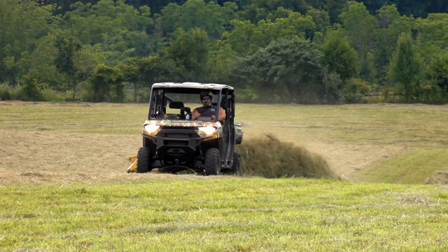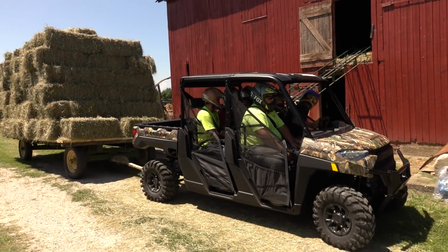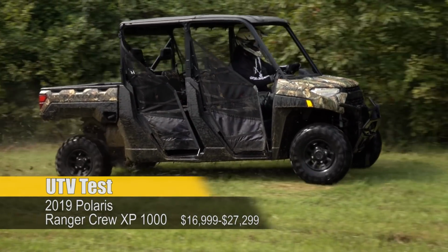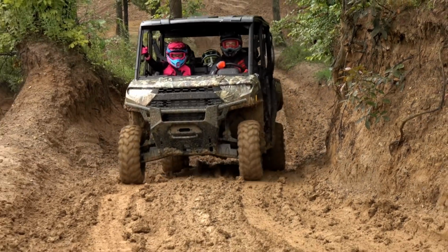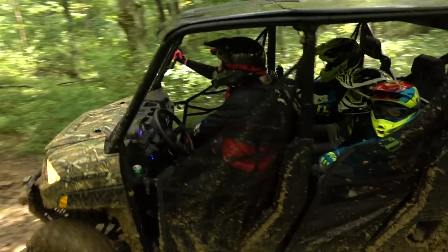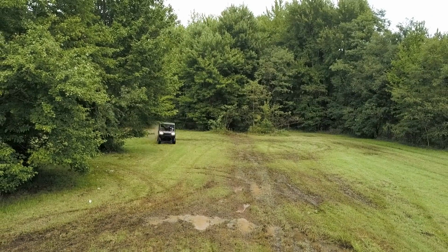Building a machine that works harder requires a more powerful engine and the ability to haul more stuff. Putting in more hours is easier with a comfortable place to sit and suspension that smooths out the bumps. The ability to reach any job site or remote destination becomes easier, with capable, predictable handling and the clearance to traverse rough terrain. By coincidence and design, all of these attributes also add up to creating a very capable recreational